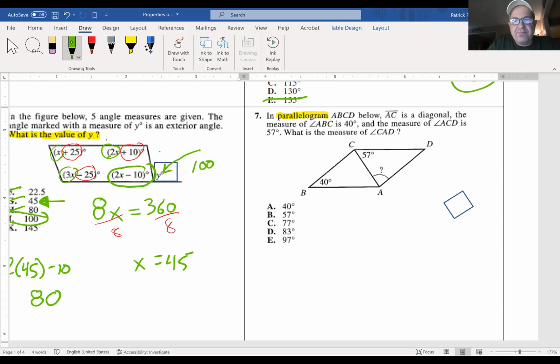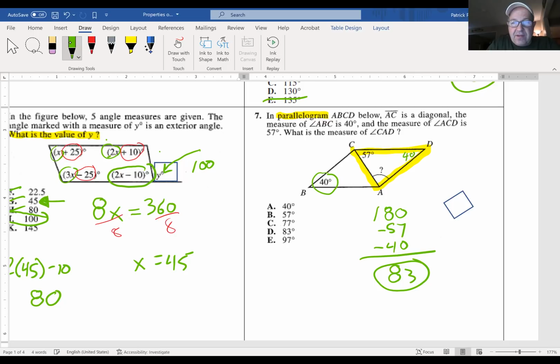It's a parallelogram. And one of the properties of a parallelogram is opposite angles are equal. But even if we didn't remember it, it sure looks like those two angles are equal. They are. And then I can just look at a triangle here. We know all the angles in a triangle add up to be 180. So if I were to subtract the 57 and subtract the 40, we would wind up with the answer of